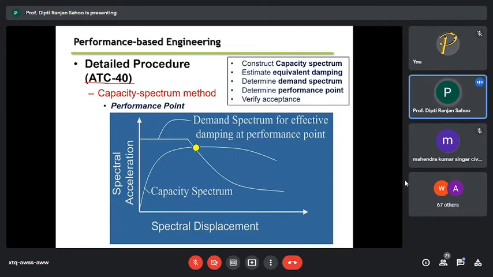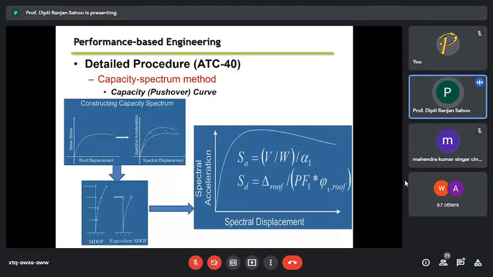Wherever they cut, that becomes your performance point, where the demand curve and the capacity curve meet at the point. I'm not going to explain in detail what the capacity spectrum is all about, but to relate it to the